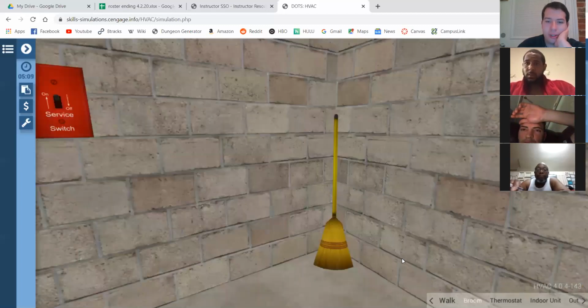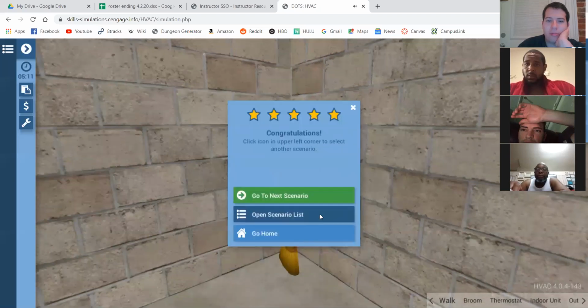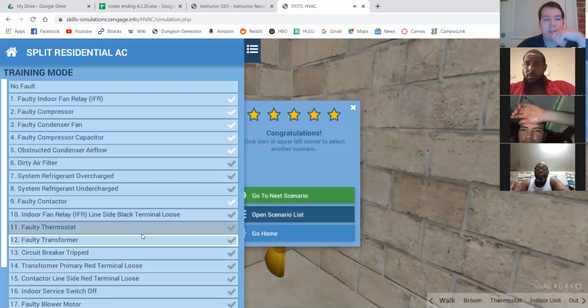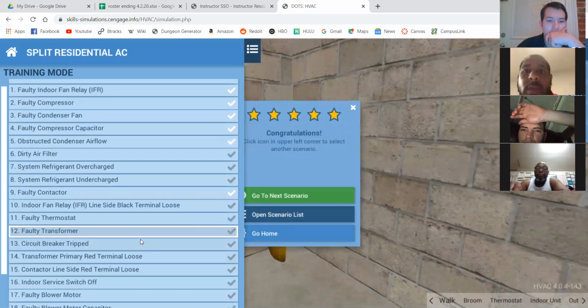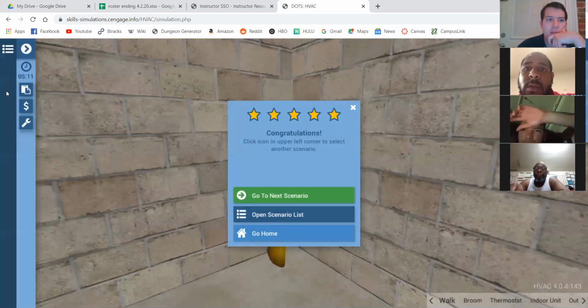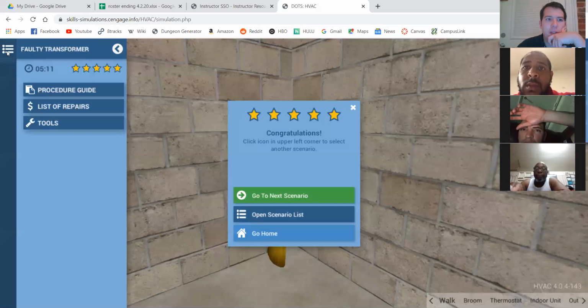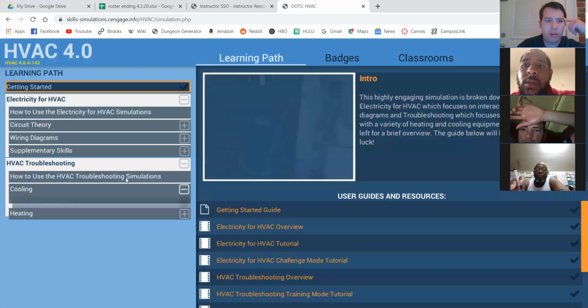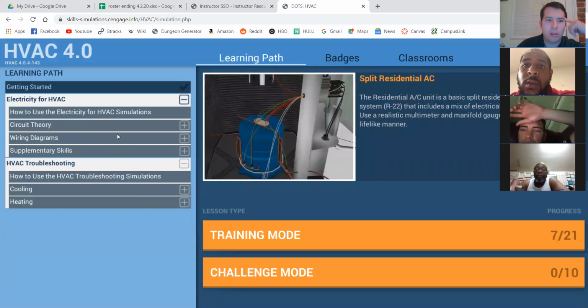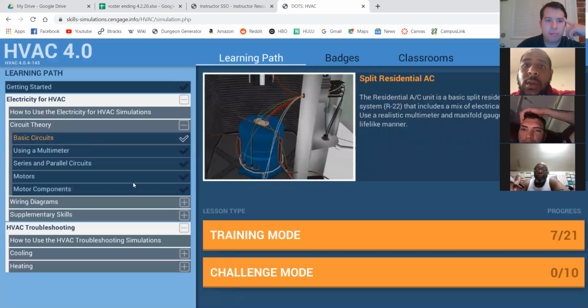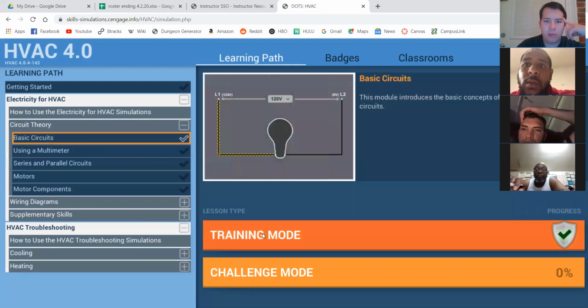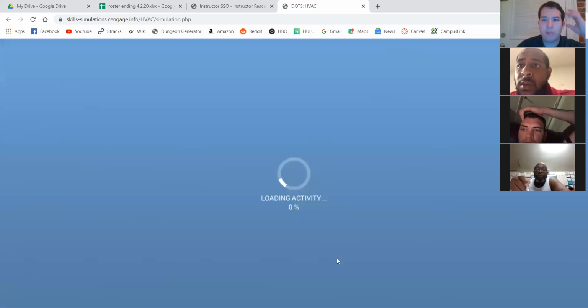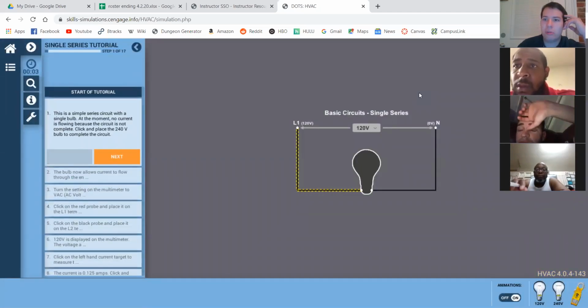So last thing I always want to go to, got my broom. I'm going to show you guys a different feature on this real quick, besides the air conditioning systems. So we've got basic stuff we can look at too. If you ever need a review, especially of basic circuits and stuff like that, this walks you through step by step how